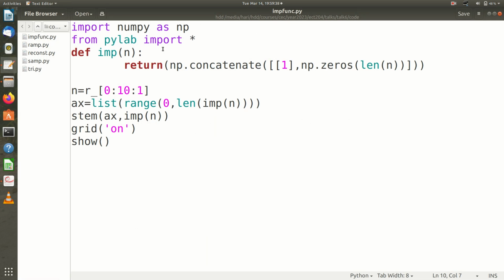This is how I make an impulse signal. This is an impulse signal in the discrete domain, where it reads in a discrete axis n, a time axis n. It returns np.concatenate 1 comma np.zeros len n. So what I have made is an approximation of the impulse signal, though there is 1 followed by many